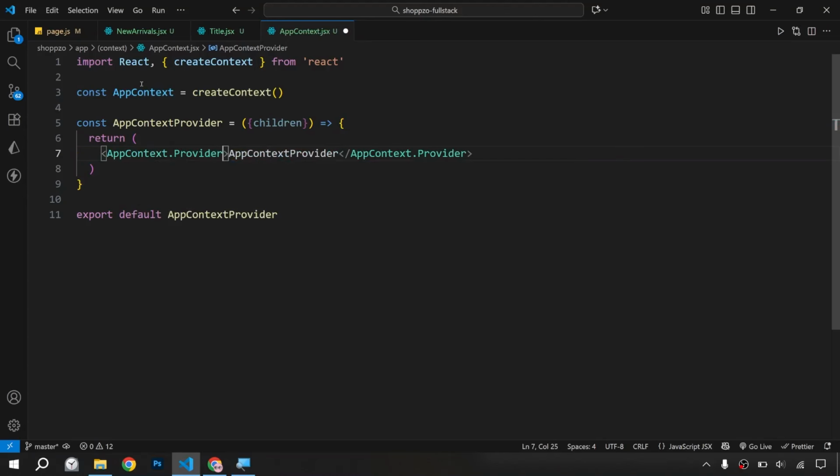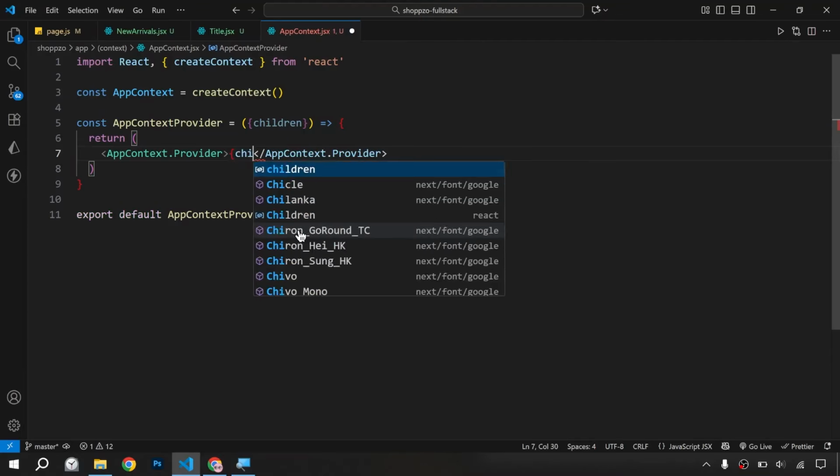Okay, this one, this is our app context variable that is equal to create context. Okay, app context dot provider, and we will remove this app context provider text, and inside this we will pass the children,